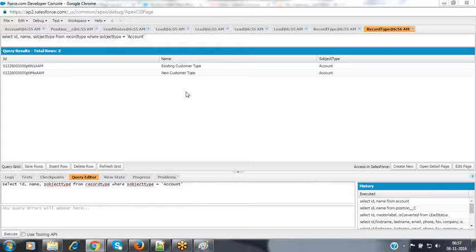Now it is not displaying any option. When you click on the new button, it automatically redirects the user to the standard page layout given by Salesforce. That is why they are not enabling it here. If there is only one option, there is no need to select it. If there are multiple options, then we need to select one. Whatever record types we have configured explicitly, only those will be visible here. Master is the default one.